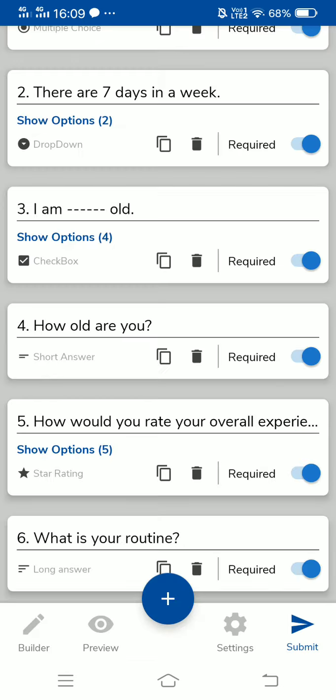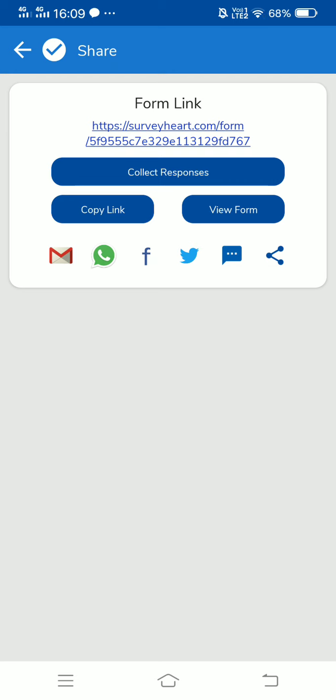And then submit. This is the form link. You can just click on this or just copy link. And then if you would like to post it in any of your WhatsApp groups, if you have any group of your targeted respondents, you can share in that group just by clicking on WhatsApp, or you can give it on Facebook, or you can just send it as a mail or Twitter as a message also.